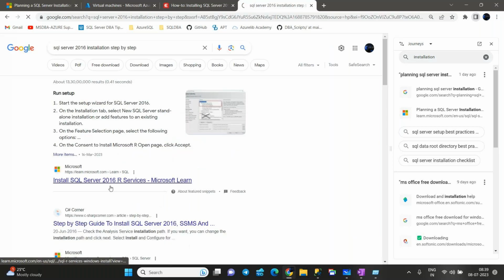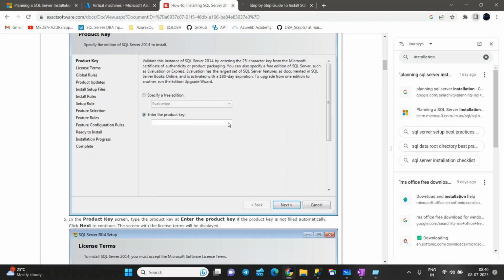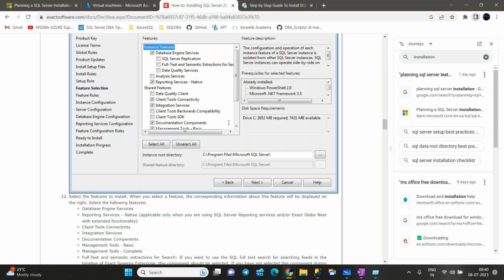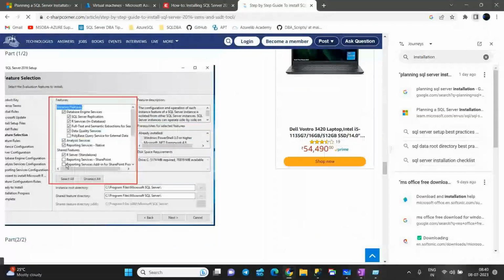Now see, scroll down. All these steps are mostly the same, sir. There is no enhancement done. Here it is not displaying. Here you are getting a little bit, sir. Management tools basic. This has been separated from 2016. There is no concept called management tools, or you can't see. That has been separated. And one more major change is,